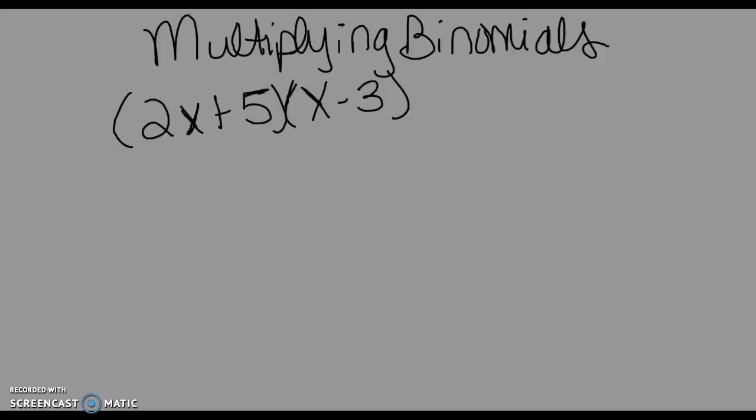I'm going to show you two different ways to multiply binomials. It's just two different ways basically to organize your work. When you're multiplying two binomials together, you have to make sure that you distribute both things twice, meaning I'm going to distribute the 2x to the x minus 3, and then I'm going to distribute the 5 to the x minus 3. So one way to organize is called FOIL,